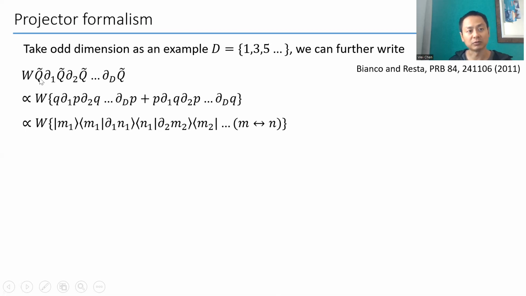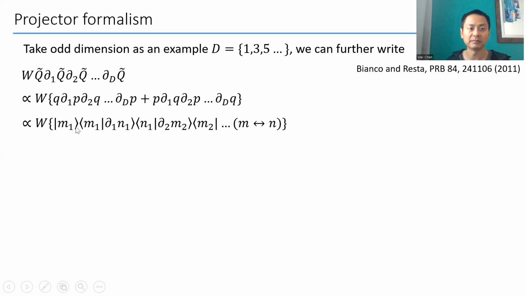So the idea is to first split the very first Q tilde as Q plus P or Q minus P, depending on if you're even or odd dimension. And then all these derivatives, you can put as either a derivative of P or a derivative of Q, right? And then we would like the first array to start at Q and then alternate with P and Q and P and Q and so on. And the second array, you start with P and you also alternate between P and Q and P and Q